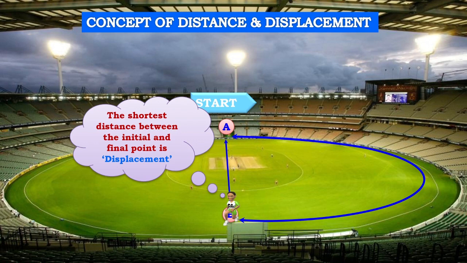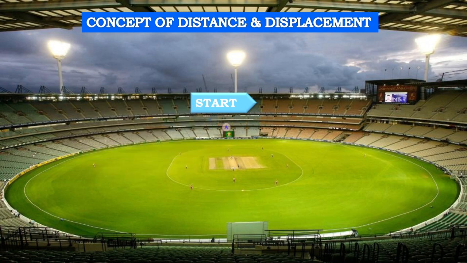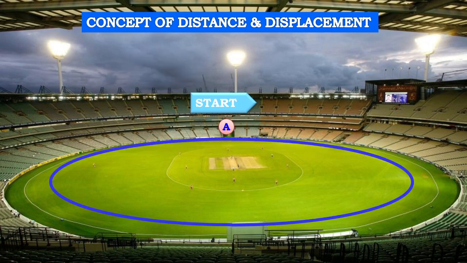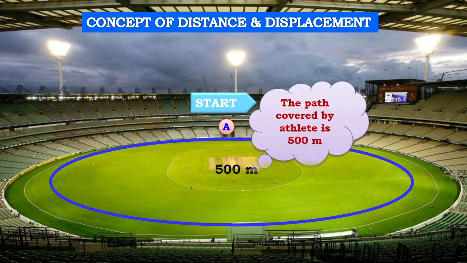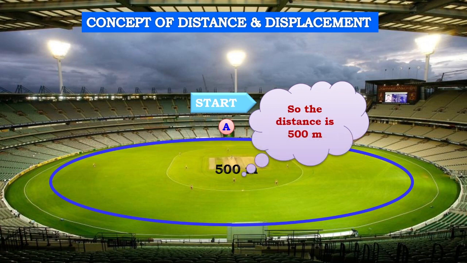Let's say the initial point is A, an athlete is running from A and then again moving back to the point A. So 250 plus 250, 500 meter is one complete circle. So if the athlete covers from A to A 500 meters, the actual distance or the path length covered is 500 meter. Hence we can say that the path length covered from A to A is 500